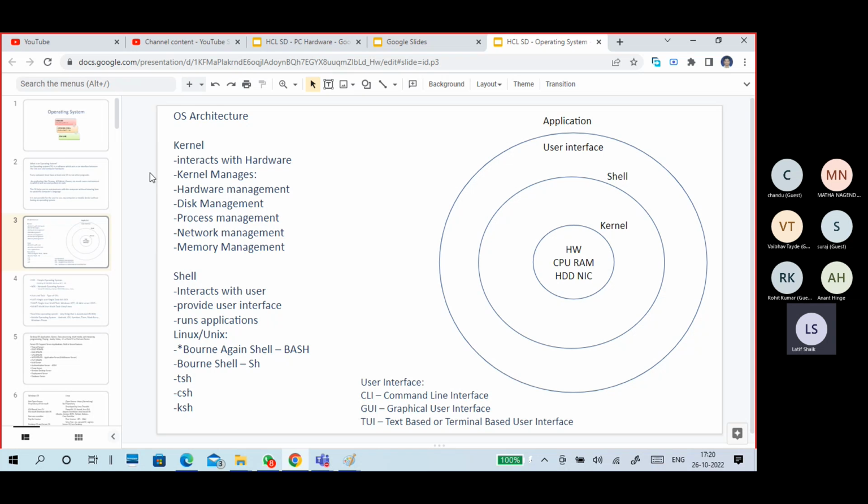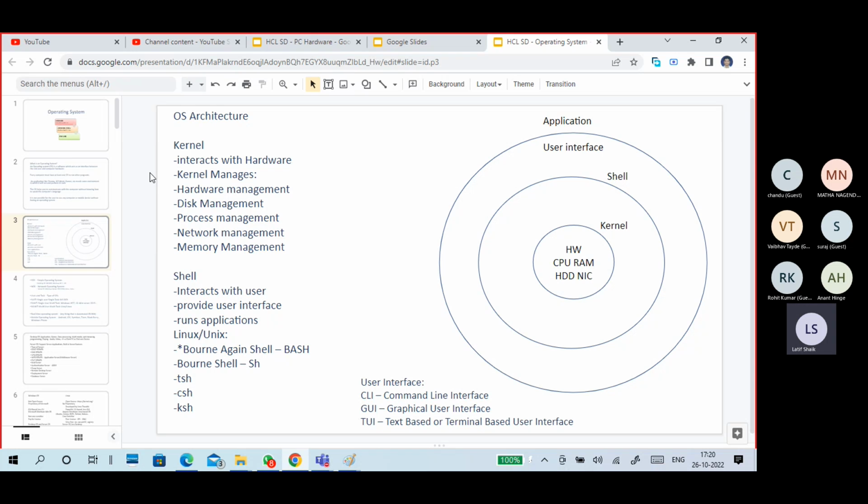Whatsoever it is, guys, your operating system is basically two parts: kernel and shell. The kernel interacts with your hardware: CPU, RAM, hard disk, NICs, video chipsets or audio chipsets, and printers. So the kernel understands how to communicate with the hardware devices.